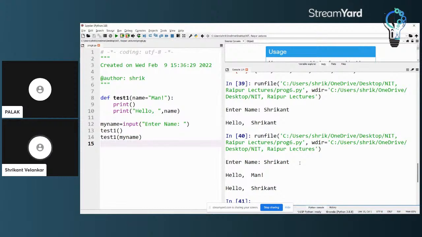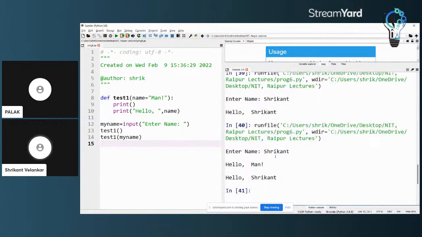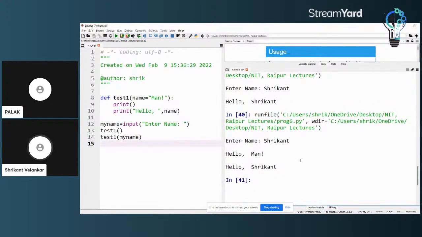And in the second case, because I passed the parameter, it allows that parameter to be passed, and then it is assigned in the print statement and it comes back. So that is the way you can specify parameters which have default values.